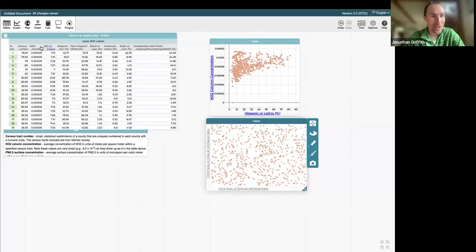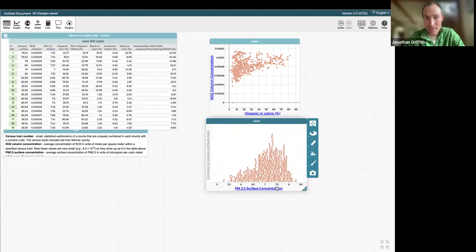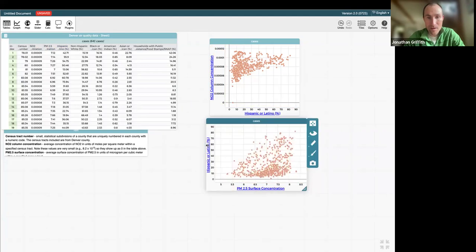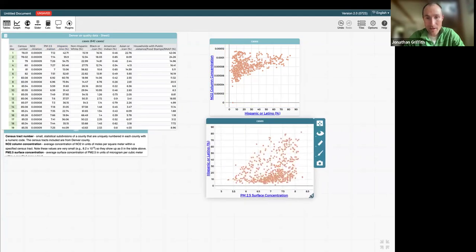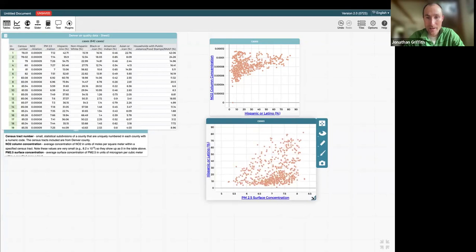So I'm interested in learning a little bit more about, let's say, how particulate matter in these census tracts, what it looks like. So largely in the 6.5 to 8 range here, looking at particulate matter by the percentage of Hispanic or Latino people in a census tract. So if I'm looking at this, I can see higher up the census tracts that have a greater percentage of Hispanic or Latino people tend to have higher concentrations of particulate